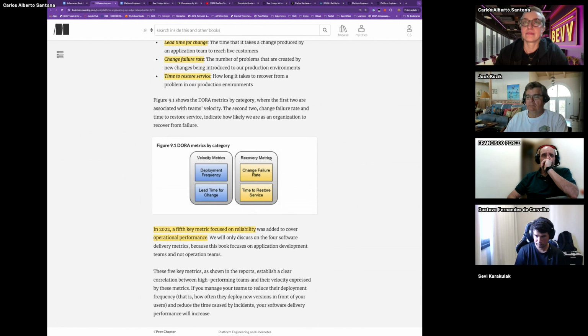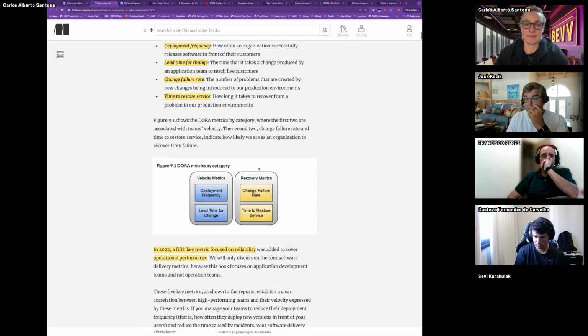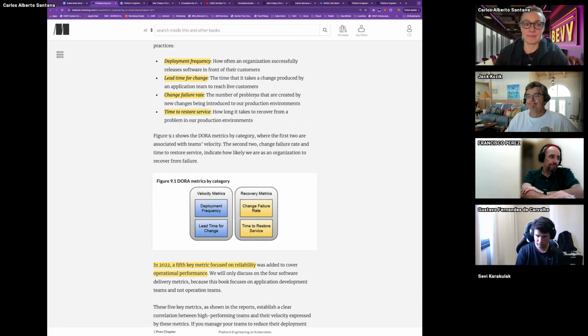And the other one is recovery metrics, which I personally use for searching or looking for it. It was something that I learned here. And then one is the change failure rate, which is the number of problems that are created by a new change being introduced into a production environment. So it's kind of around quality, measuring to a certain degree the quality when you are making a change to the project. You want the rate of failure to get to zero, like you don't get errors out into production.